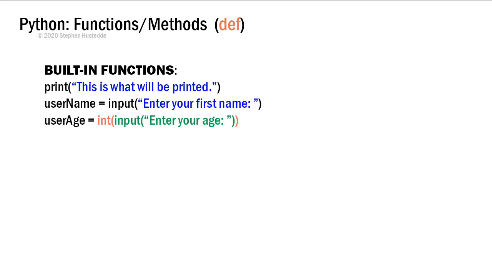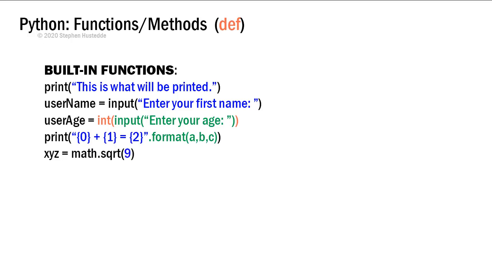And by the way, functions and methods are interchangeable. You'll hear me interchange those terms. In essence, they are the same thing. So here we have a function of input, enter your age, and that returns a string value that in the line above we put into username. But now we want to take that string value and convert it to an integer and assign that to a variable called user age. And so inside the argument for the int method is our input function. So it takes a string, converts that to an integer, and returns then an integer